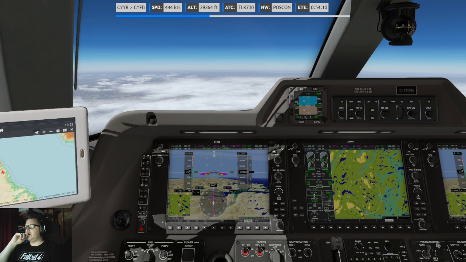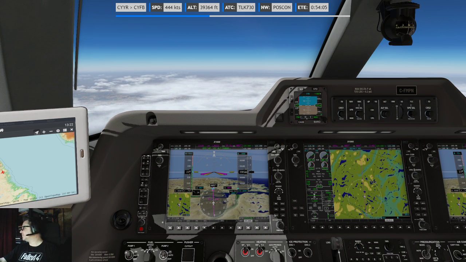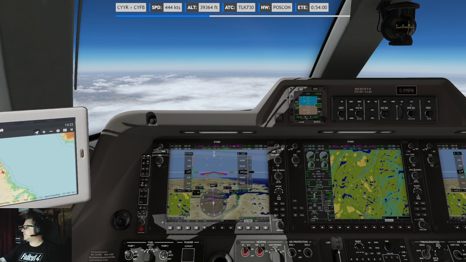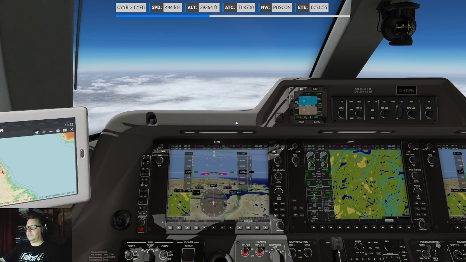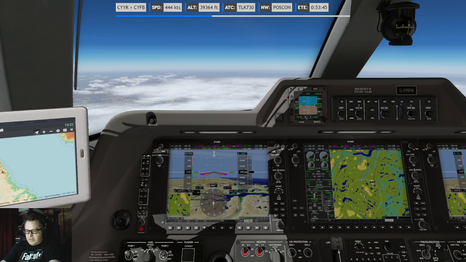All right, 22 miles from lakes. So there goes our first waypoint. Let's go back here. I'm gonna check it again. I'm gonna check it every once in a while because it's our CYFB.